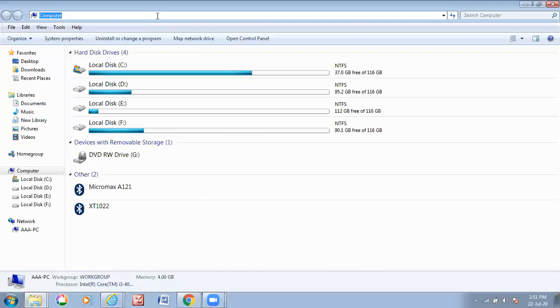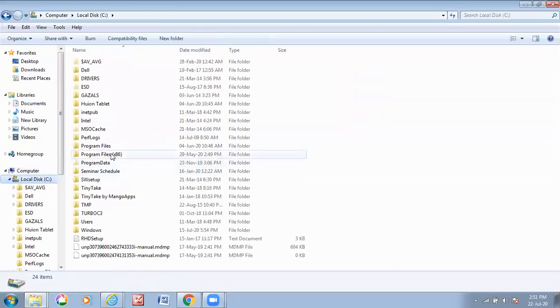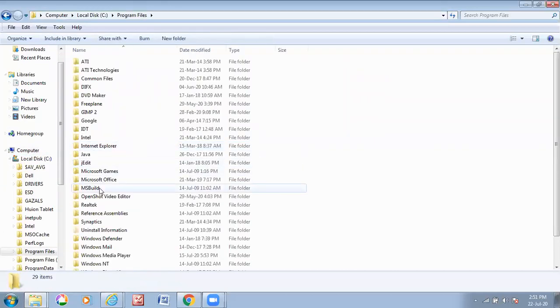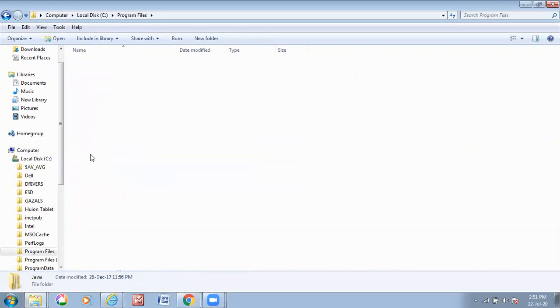Now, on my machine, Java is installed. The path where Java is installed is C drive, program files, Java, this one, JDK 1.6.